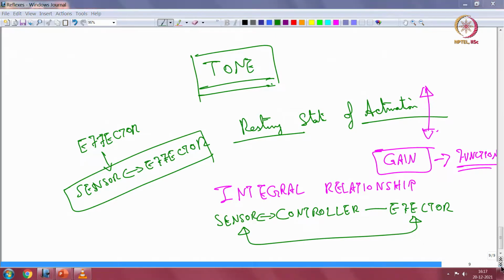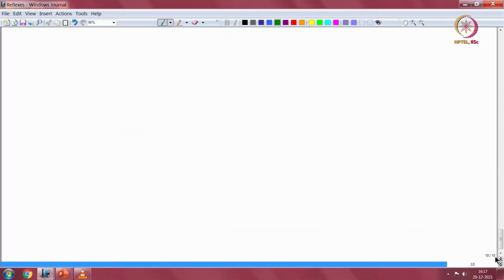So, when we discuss, if you take a textbook of medicine physiology, you would find that the reflex is discussed in very bland terms as a method by which you diagnose, a method by which you describe control within that, but more than it being an example of function, it is an example of the kind of hierarchical processing which happens. So, how does this reflex help in diagnosis? A brief thing. So, reflex,